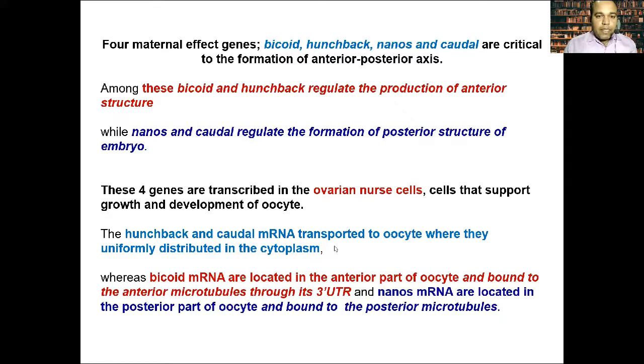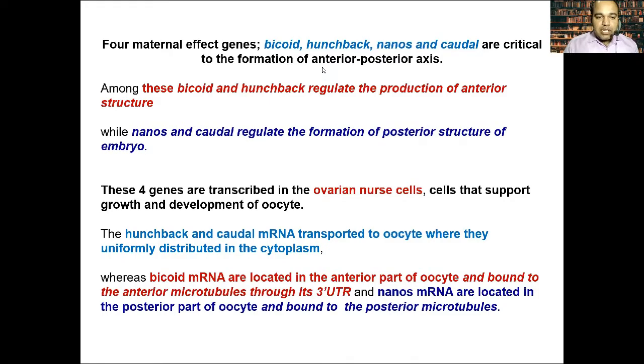Look, first of all, when the oocyte is formed, at that time four genes are being transcribed, and their mRNA is accumulated in the oocyte cytosol. Which are these four different types of genes? These four different types of genes are bicoid, hunchback, nanos, and caudal. And once they are expressed, they will be used to form the anterior and posterior polarity